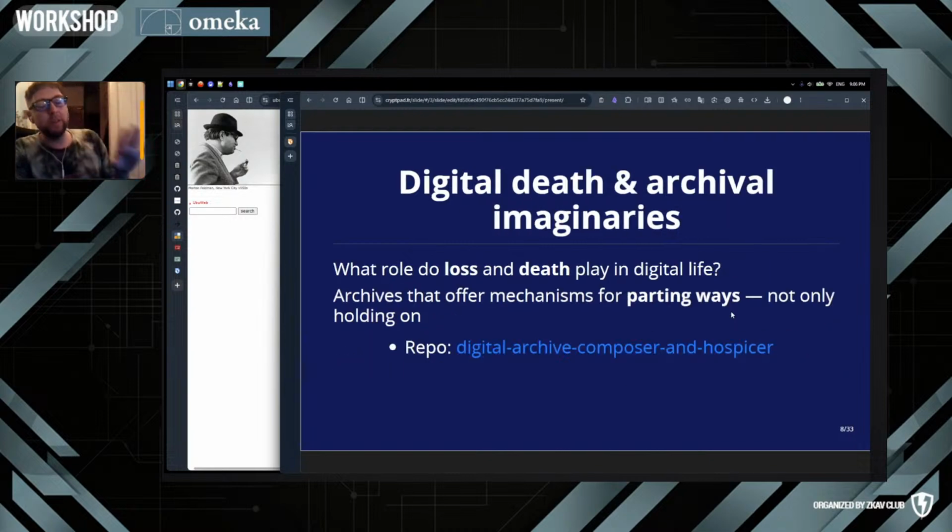A kind of side interest to all of this that I had at some point was this idea of, what do we do? It's similar to the interest that I had with the music composition practice. What do we do with all of this digital residue or refuse that we leave? And how do we think about our relationship to death, memorialization, bereavement in this digital or post-digital